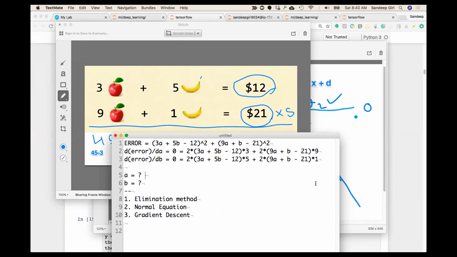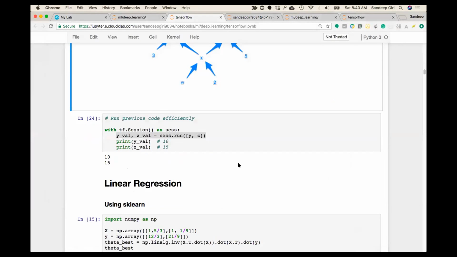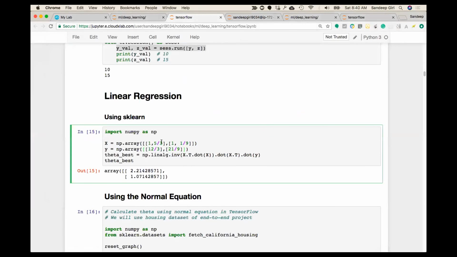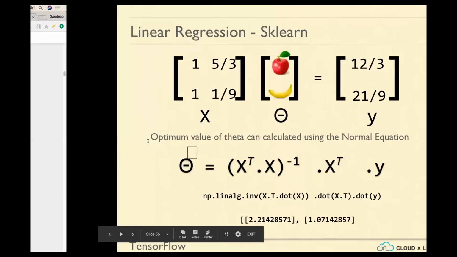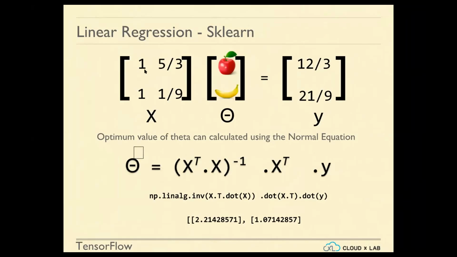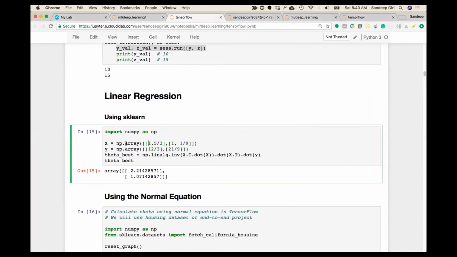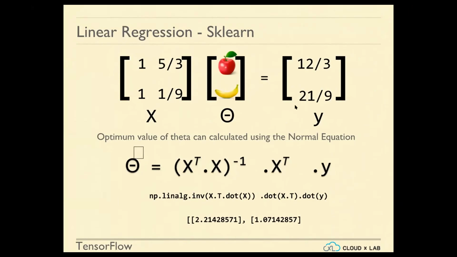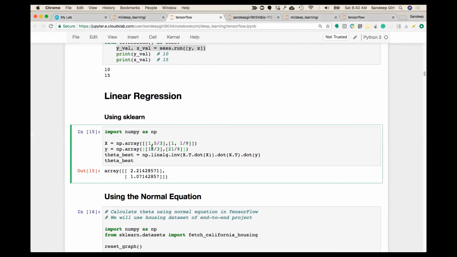So let's try to do that first using scikit-learn. It's pretty simple. Here I have put the same values. I have first created capital X, which is a numpy array. Okay, we have 1, 5 by 3, 1, 1 by 9. And then we have defined y side. Okay, 12 by 3, 21 by 9. So once we have capital X and small y, what we do is,